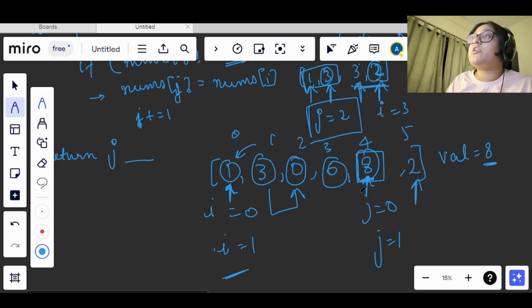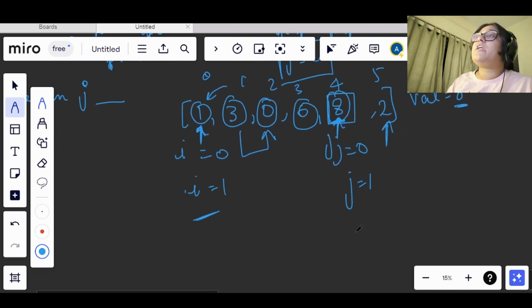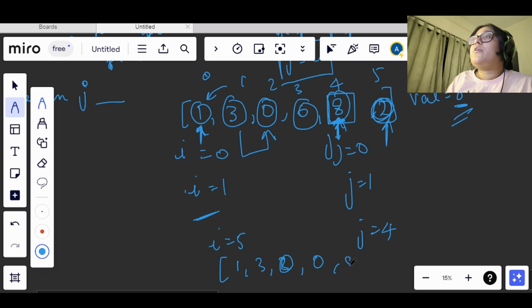So now j will remain as 4 only and i will become 5, and we see that nums of i is not equal to val. So we insert this 2 here. So what we get now is 1 3 0 0 2 and 8, and our j value will increment now and it will become 5.